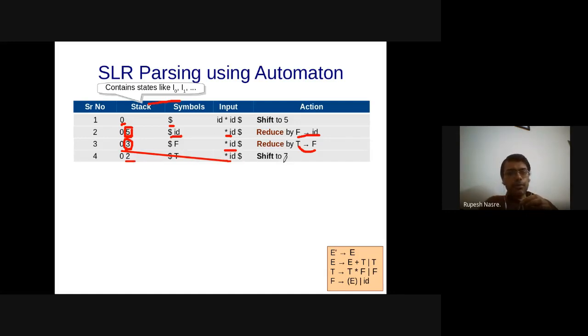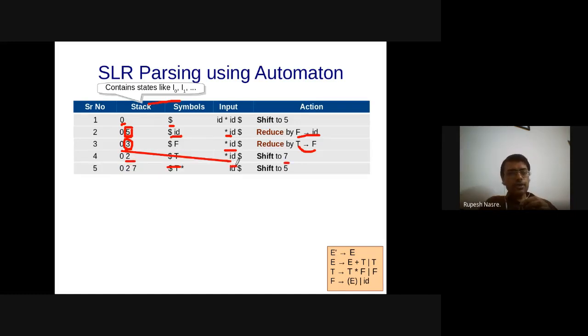to state number 7, and that is what is going to consume our star, and therefore I'm going to push 7 onto the stack. That is going to be 0 to 7 as a stack state, and that is going to be representing $T star in the symbols column, and the next input is going to be ID dollar.